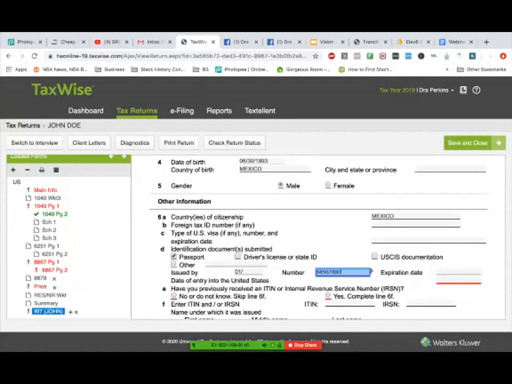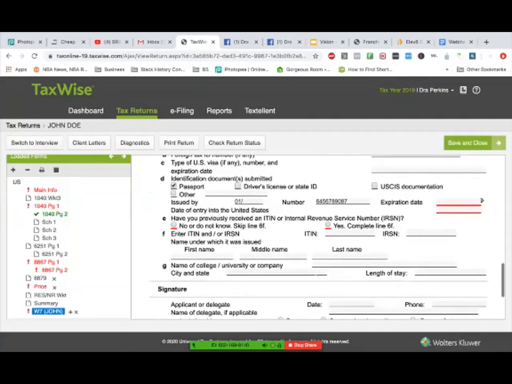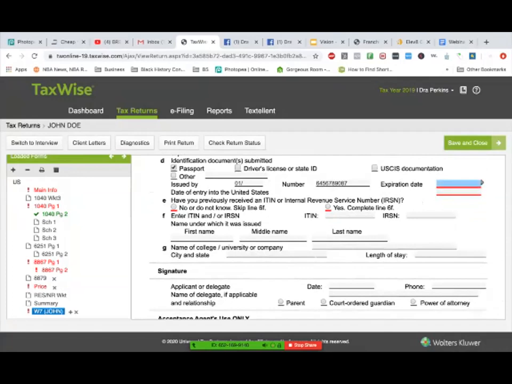The number, there's going to be a number. Let's just say it's that big. Then there's expiration date. You put the expiration. Now this is the part that's tricky, and it actually got me last year. So right here where it says expiration date,